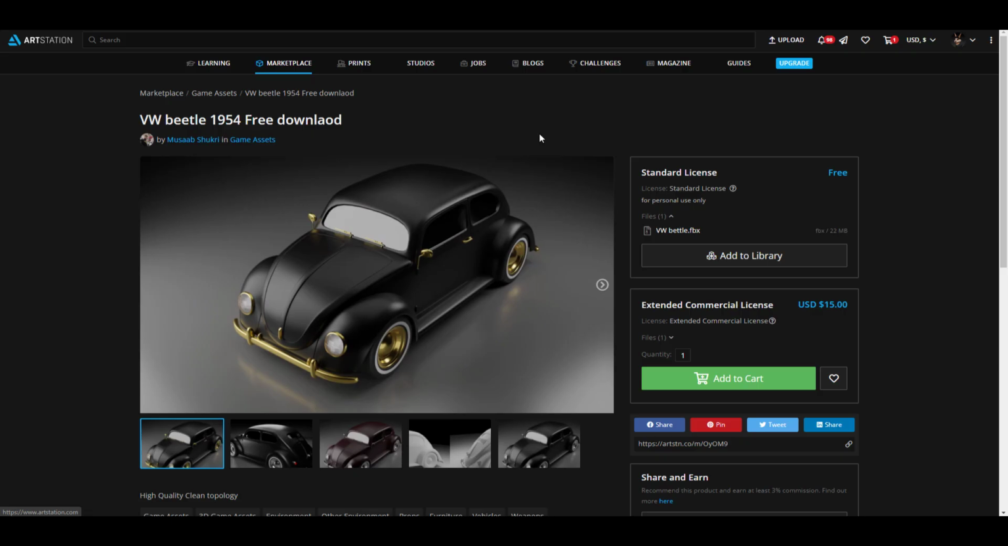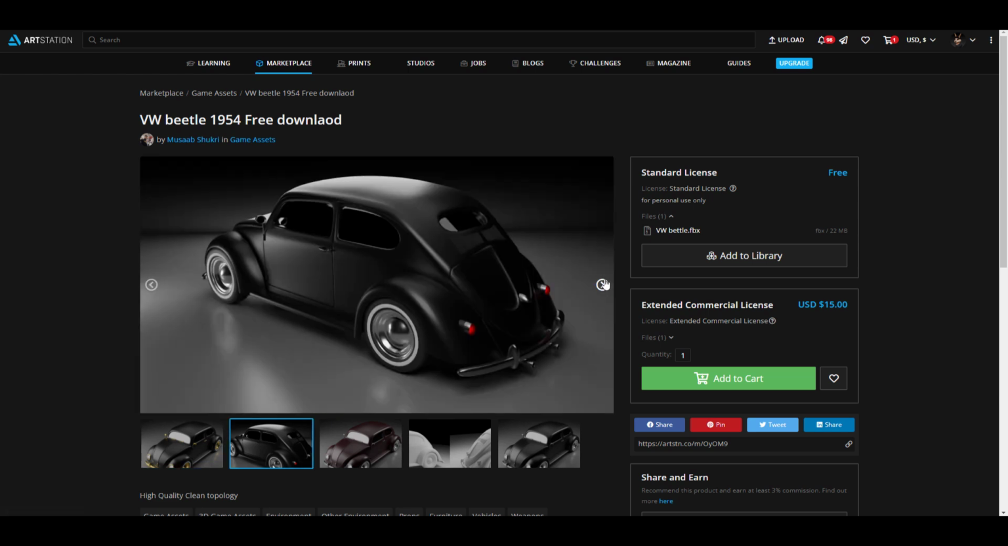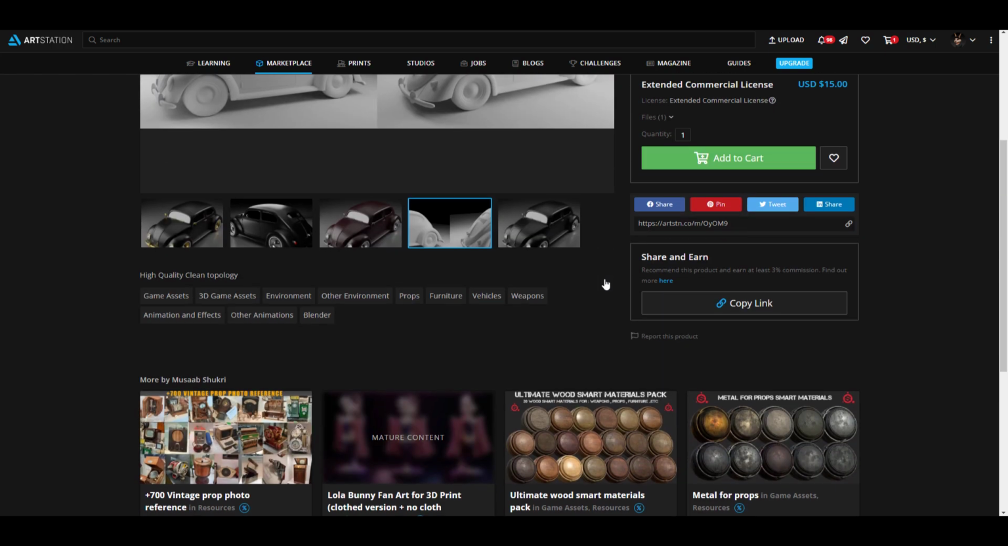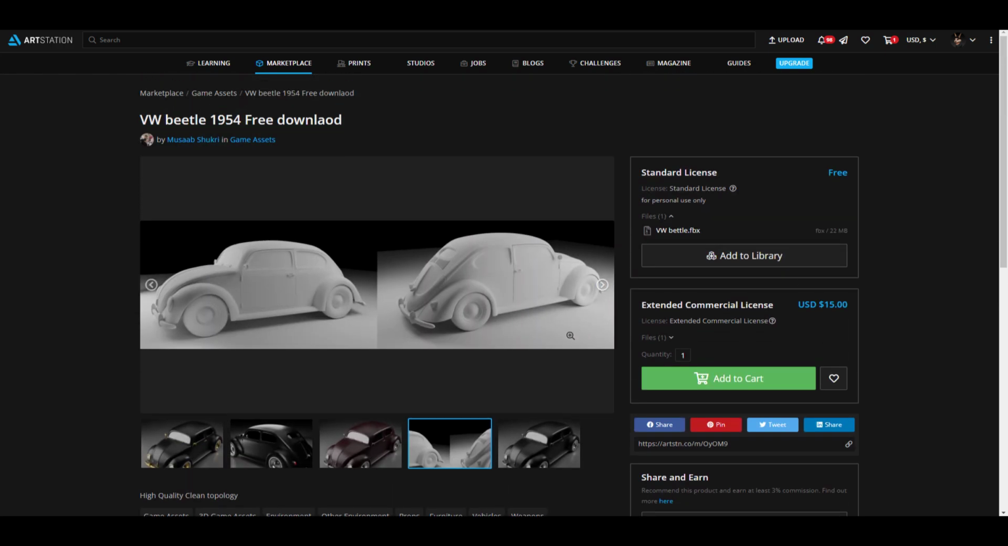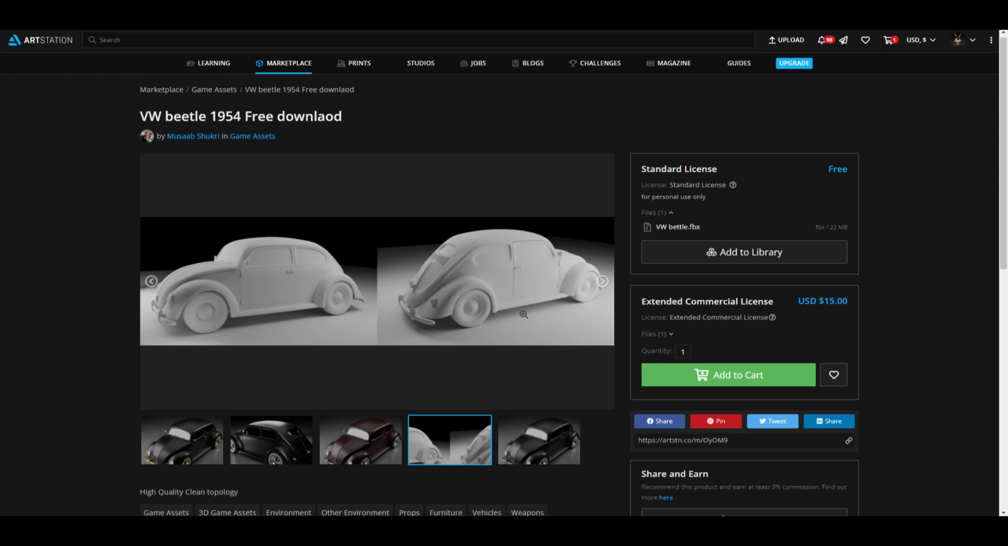And last but not the least, let's take a look at the Volkswagen Beetle 1954 version. And this one is also totally free. A huge shout out to Mossab for making it available. So if you're into vehicles and you're looking for something like this, the FBX file is available and you can go